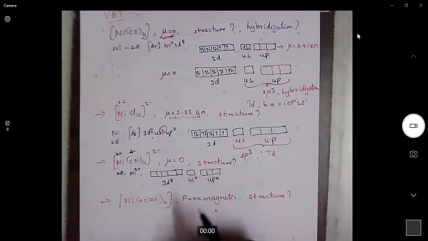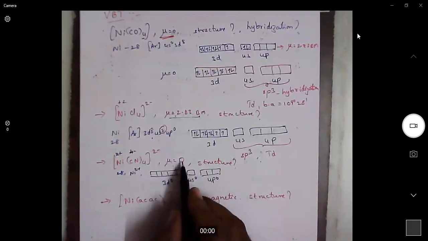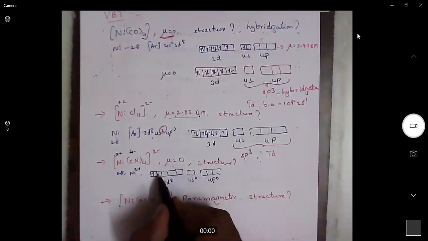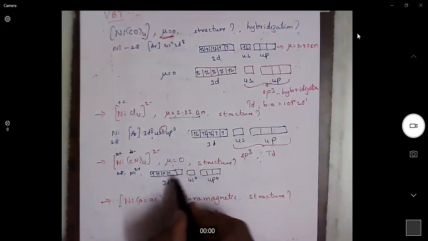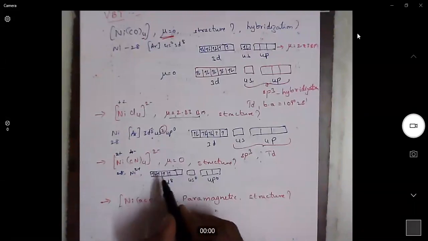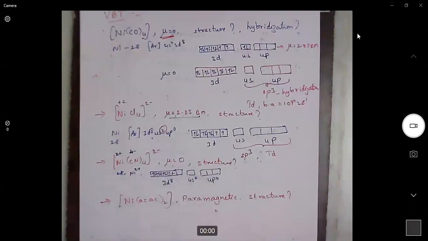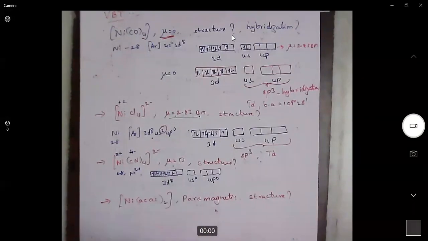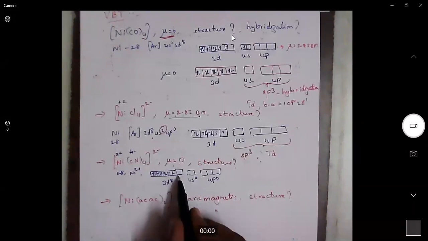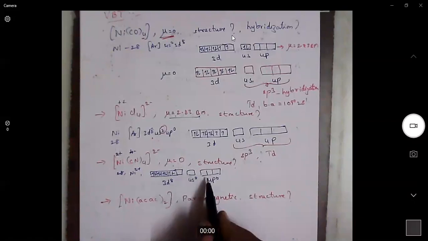4p0. Here the magnetic moment was given as 0, but generally we will write 8 electrons in all the 3d orbitals. But since magnetic moment is given as 0, we need to make all these 8 electrons into pairs. It must be pairs. Then only we can say magnetic moment is 0. Now there are 4 ligands, so we need 4 empty orbitals. One orbital in 3d, one orbital in 4s, 2 orbitals in 4p.